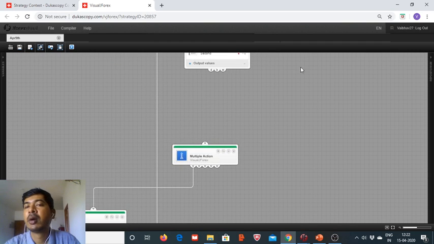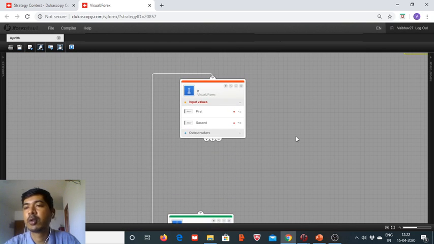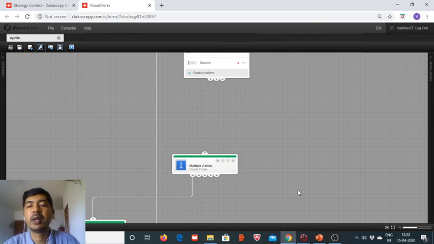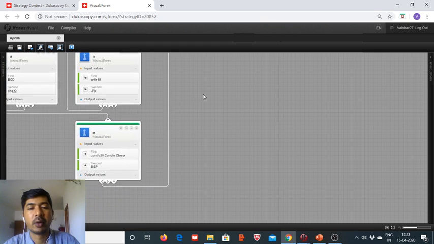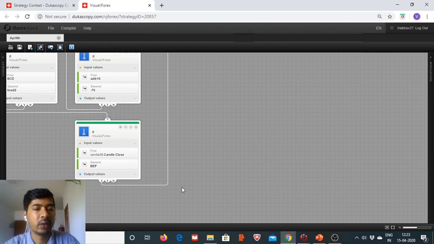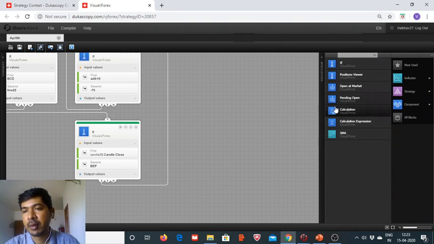So this if block is not needed. I had just connected it to keep track of this condition. So we will now connect it to the market open. We will complete it, open at market,